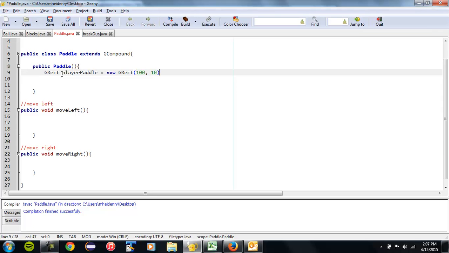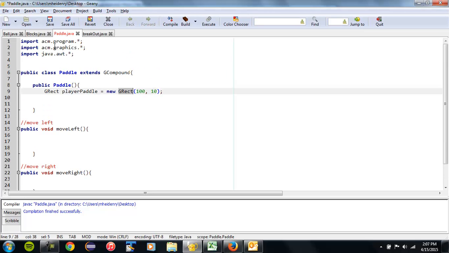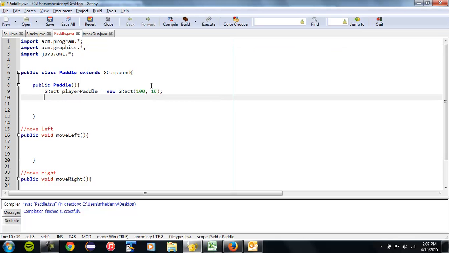And that's probably going to be the location. So notice, or excuse me, that's going to be the height and width. So those are some constructor parameters that are going to be sent over to the GRect, which we're getting from this graphics package. So it's prepared to accept some information. And we can do something like